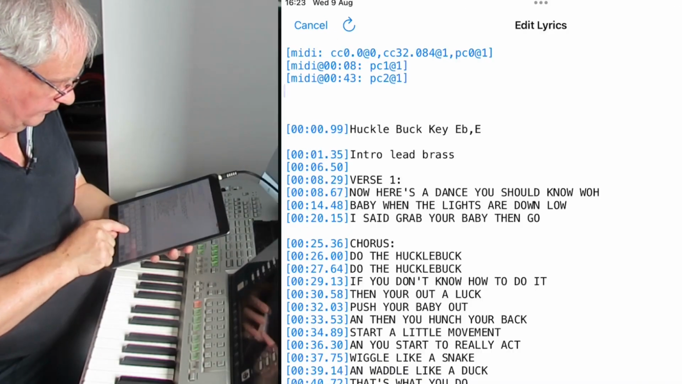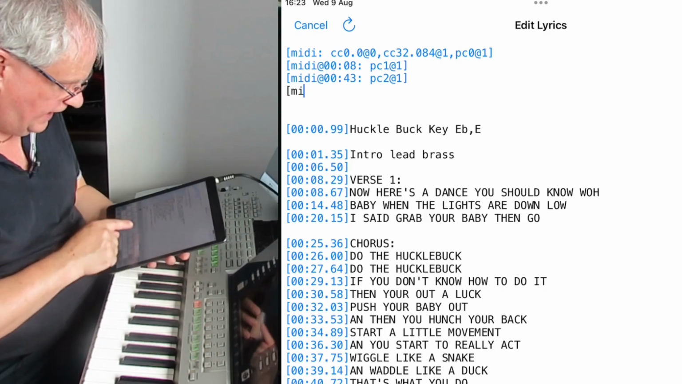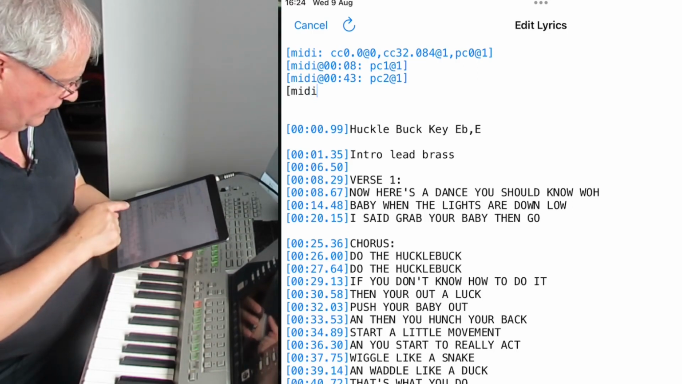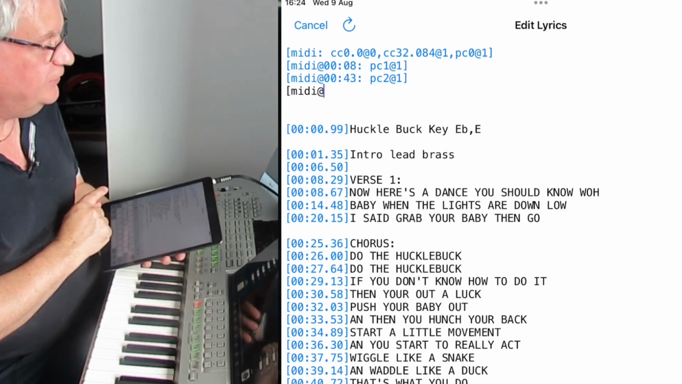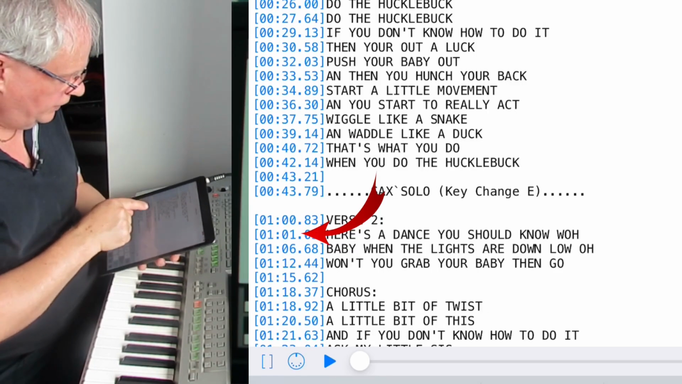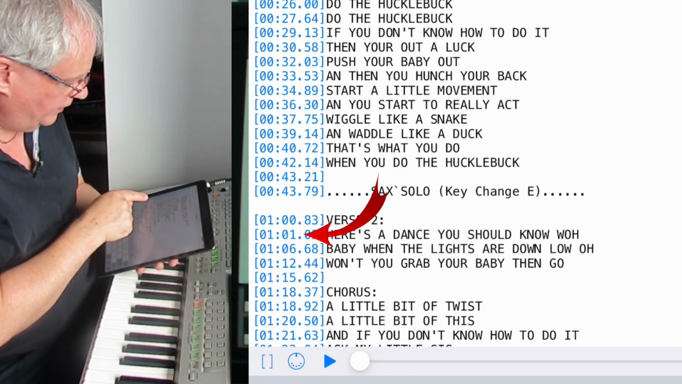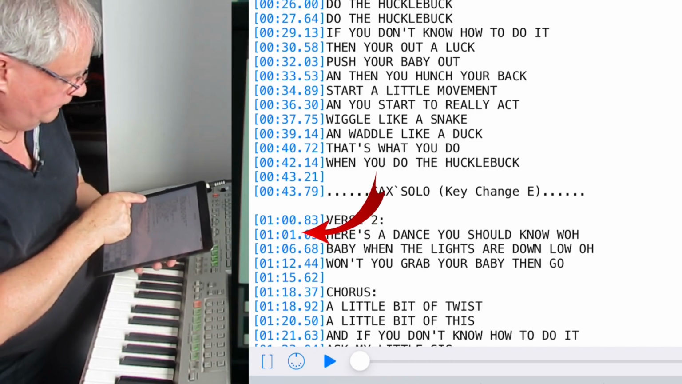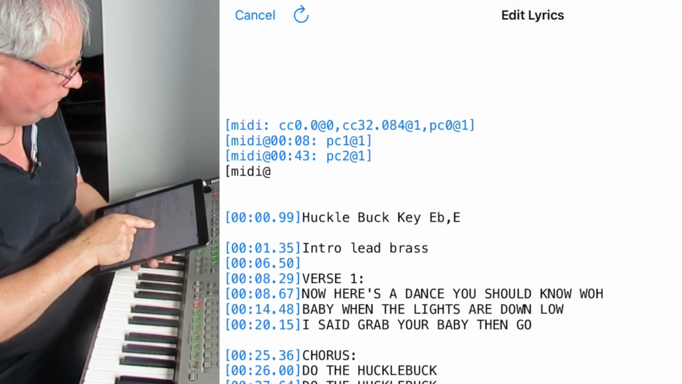So we go square brackets, MIDI. You should be getting the hang of this by now, MIDI. And then we go at. So we've got to say at what time we want this to happen. So if you look here in the song, where our song is coded, we'll say we want it to come in on 01:01 is the time we want. Okay, so MIDI at